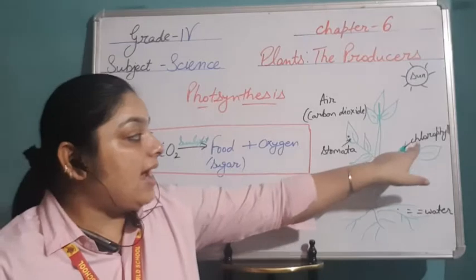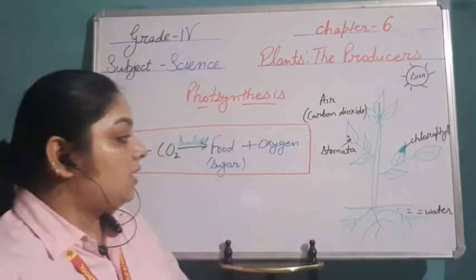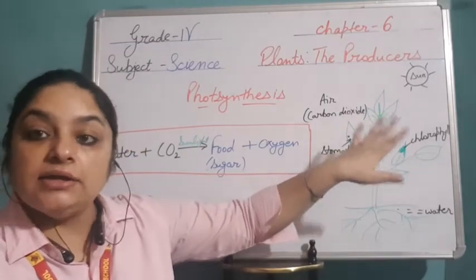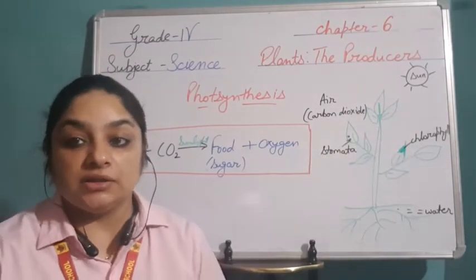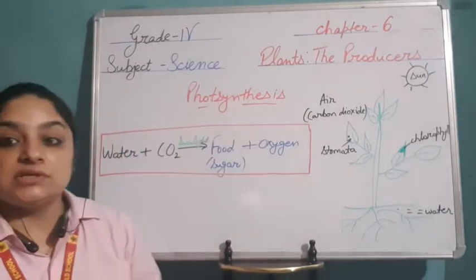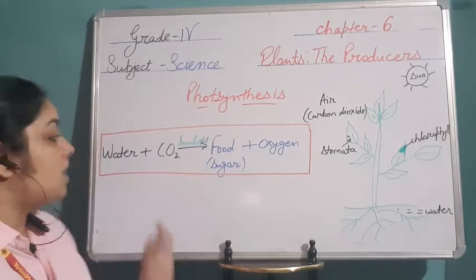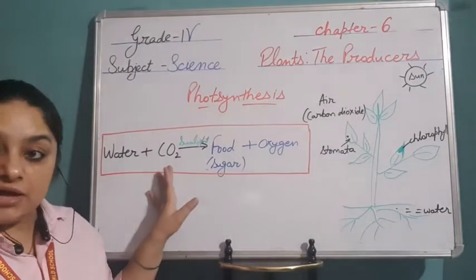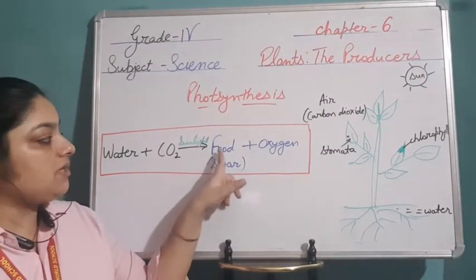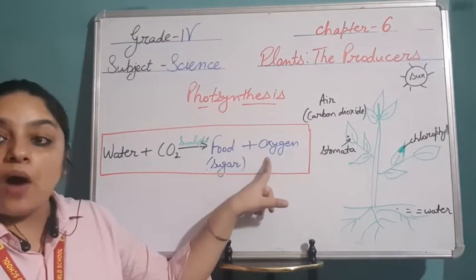And plants are green in color due to the presence of chlorophyll. And carbon dioxide is already present in the atmosphere, in the air. Now see the process of photosynthesis. Photosynthesis is the process by which plants prepare their food with the help of water and carbon dioxide. In the presence of sunlight, plants prepare their food in the form of simple sugar and they give out